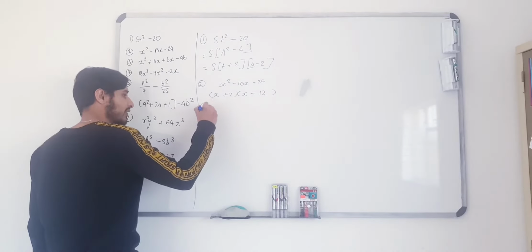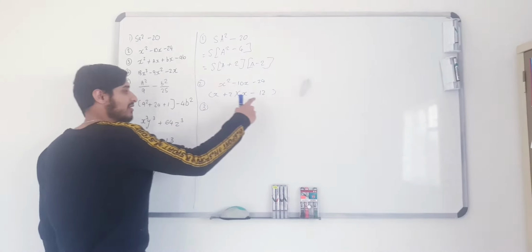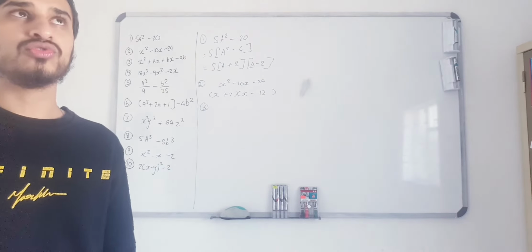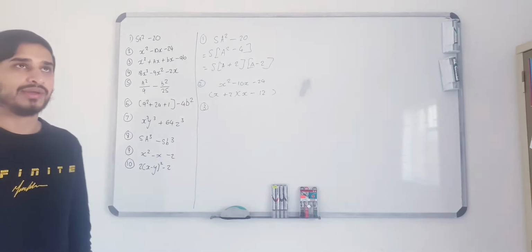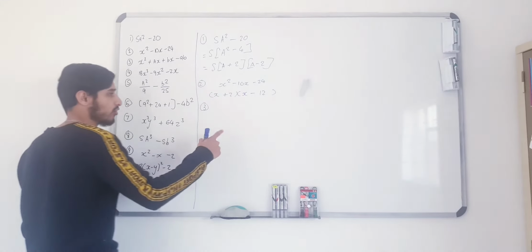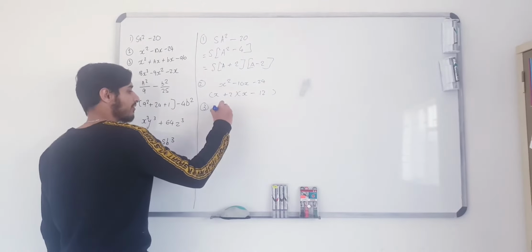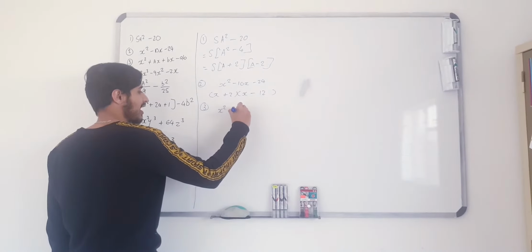Lovely. Then we can move on to number 3. Can you do anything further with your brackets? No. No common factor, no difference of two squares, no grouping, no sum and difference of two cubes, and no trinomials. So, with regards to number 3, you have x squared plus ax